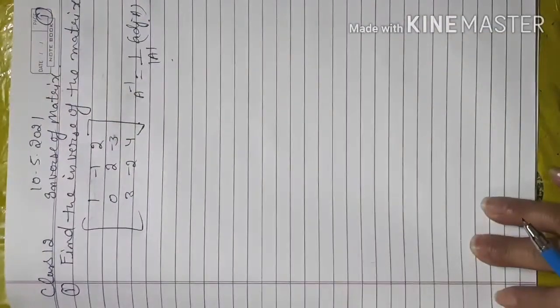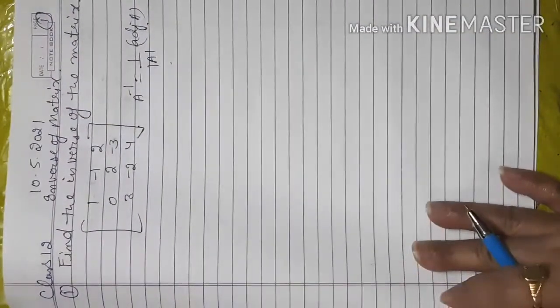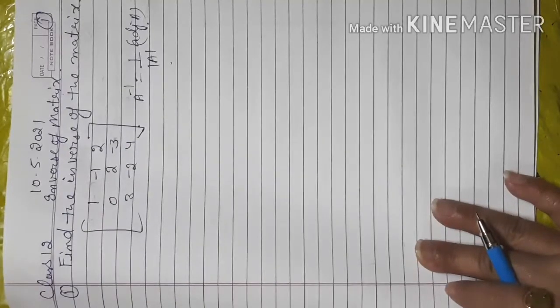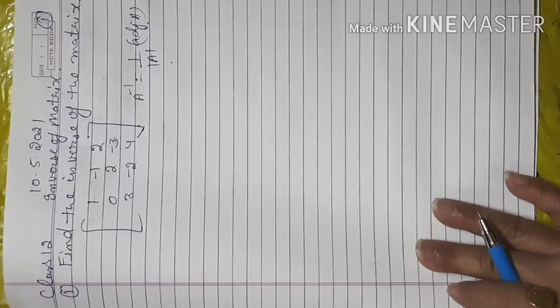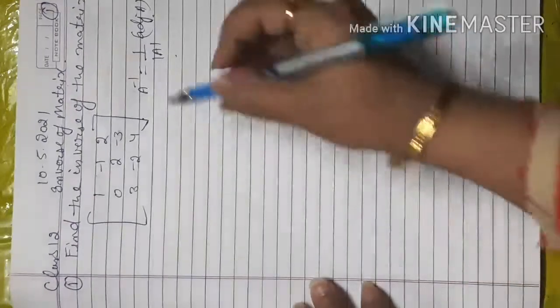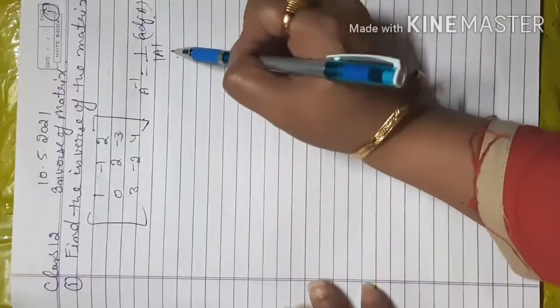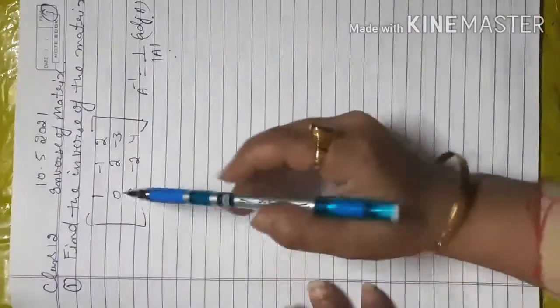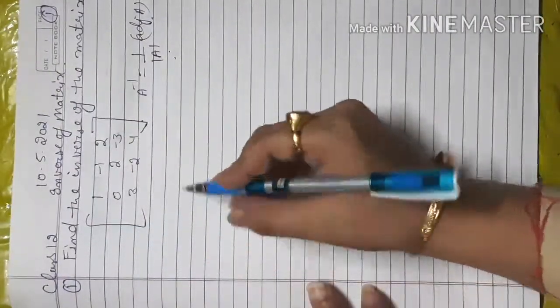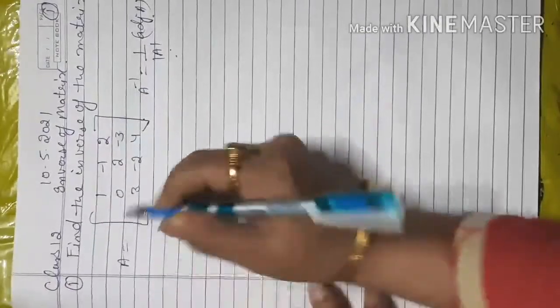We apply this method, and the other method is when an equation is given, and we find the solution without actually finding A inverse by the adjoint method. So how can we find the inverse of a matrix? First we will discuss the inverse of a matrix by this method. I have one question. If I have this matrix, I consider it as A.